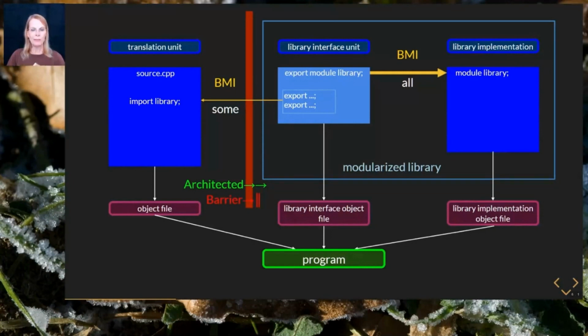The additional artifact is called build or binary module interface, or in short, BMI. Everything in the BMI is available within the library, but only selected parts become available to the outside. We architects of the library interface decide on which entities we want to make available rather than being forced by technicalities of the language. So we can do better.